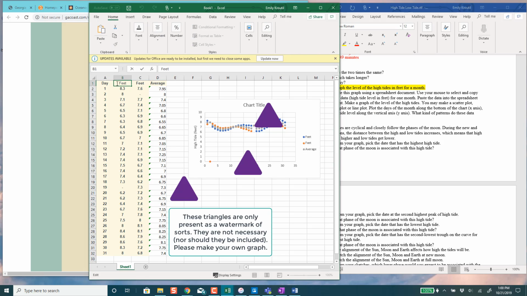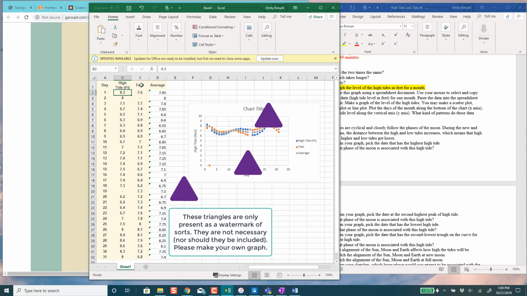Maybe I will call this... okay, so this is going to show us that we've got two different high tides,